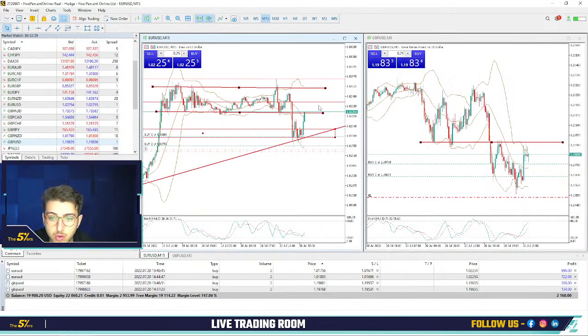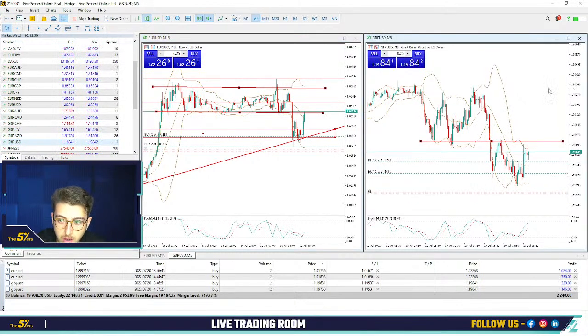Yeah, so you see the euro dollar is very, very strong. Let's say the euro, probably because of the ECB. The pound is a bit more struggling, but again, if we see a huge movement like that on the euro dollar, on the dollar index,